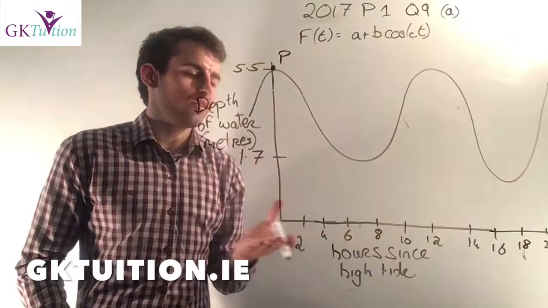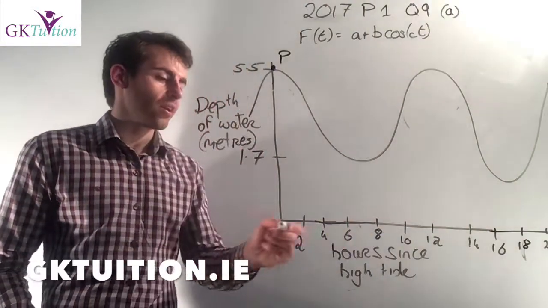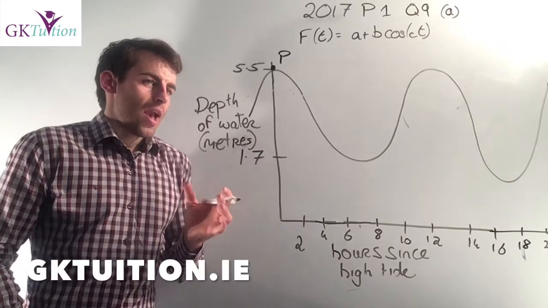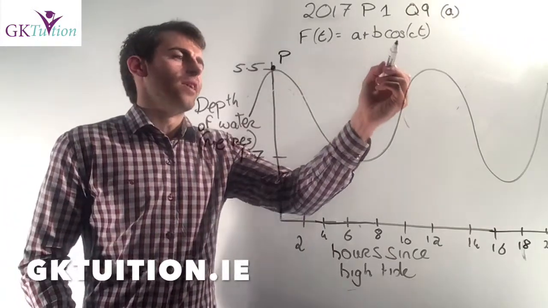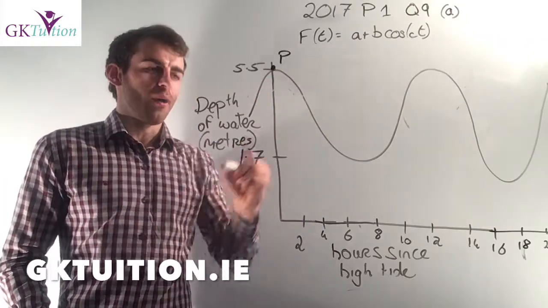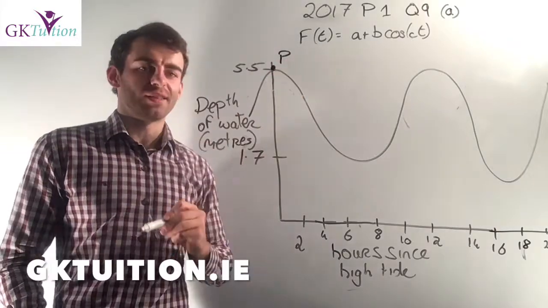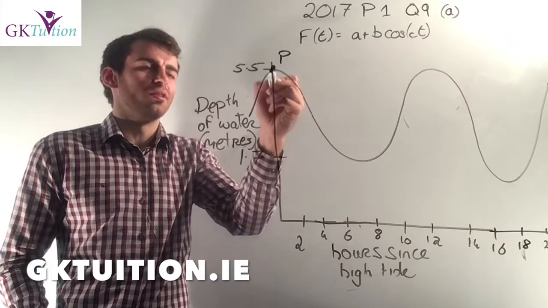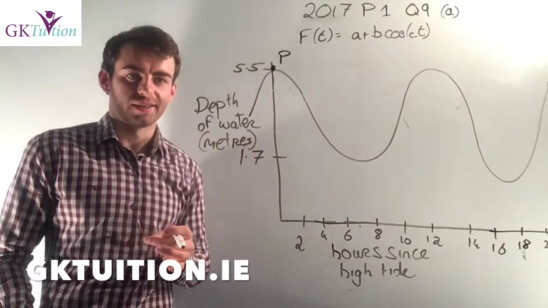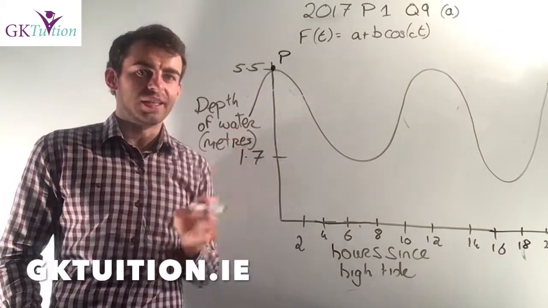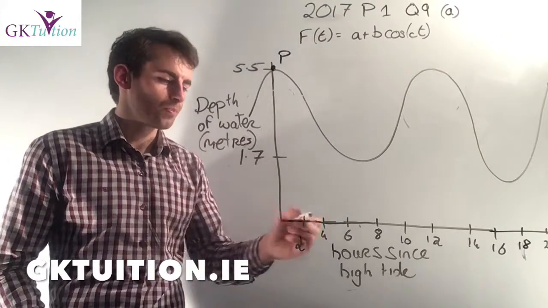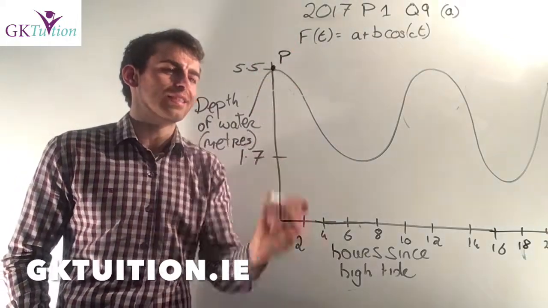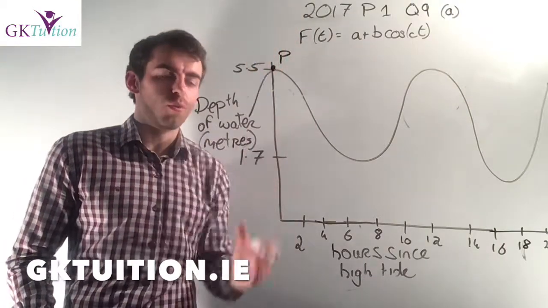But along my x-axis here, I think this is really important, okay? You've always learned that a cos graph always starts at the top. So a cos graph always starts at its maximum. And because that's the way I always teach it, I think it's easier to understand this one if we draw it like this. Again, you'll notice that this is slightly different to the way they have it in the marking scheme. If you draw it that a line is going through P and that that P goes through the y-axis,